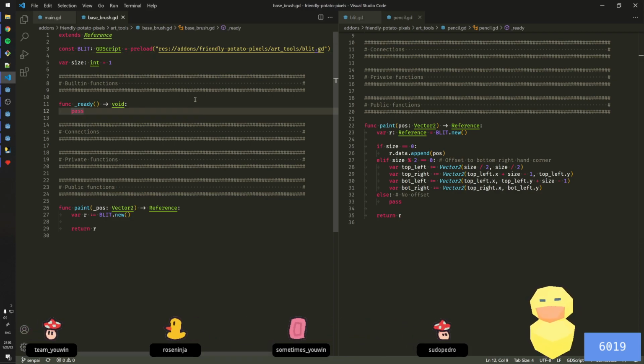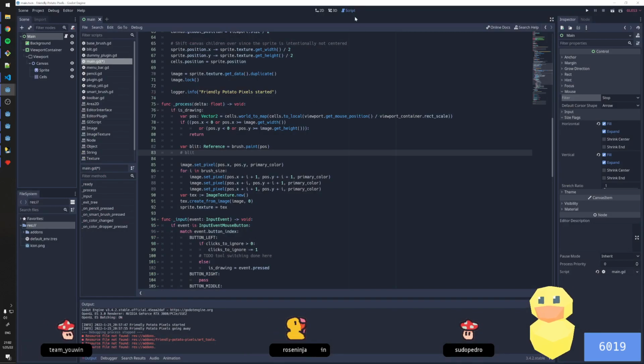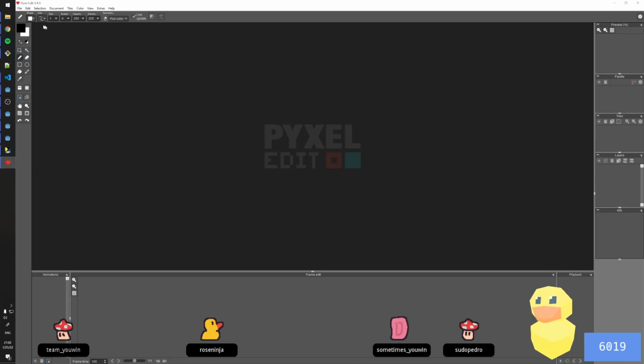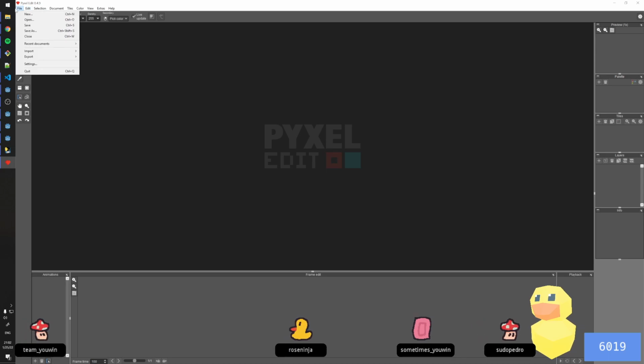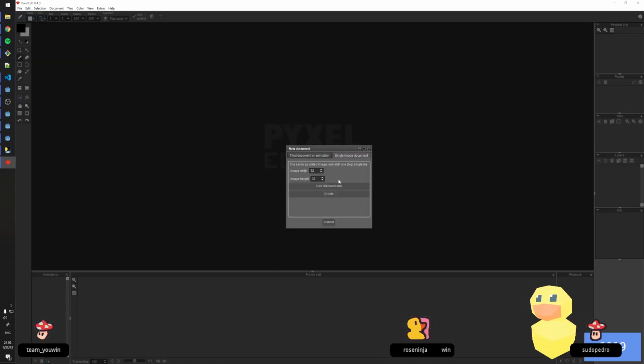Alright, so I know that there are, by the way, Godot implementations of brushes. So that's another thing I need to do, is work on brush sizing, because as you can see here,